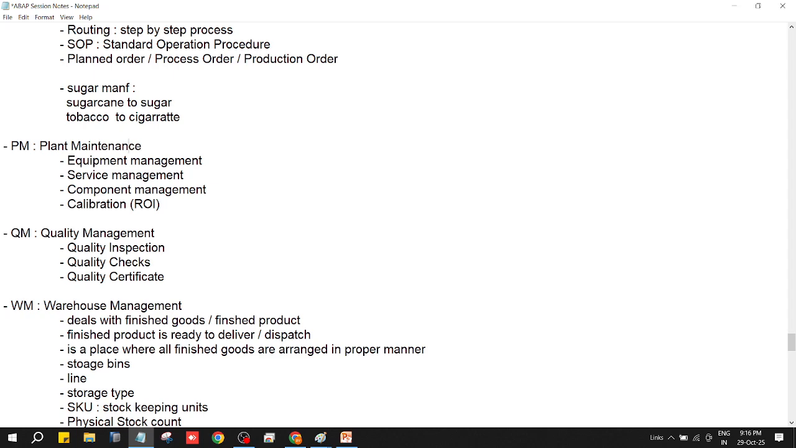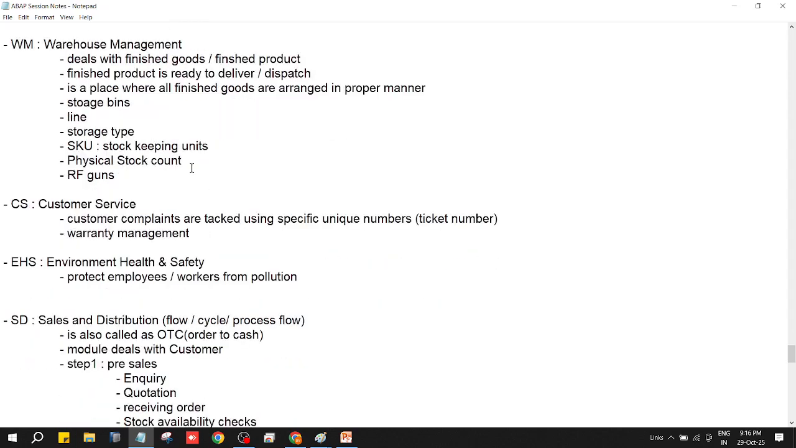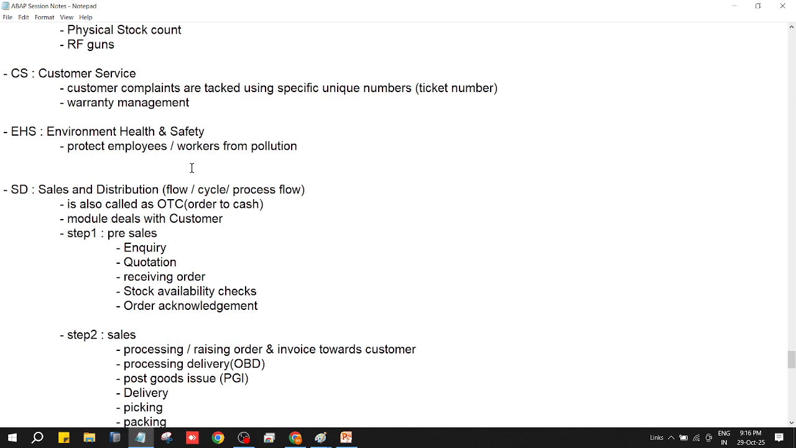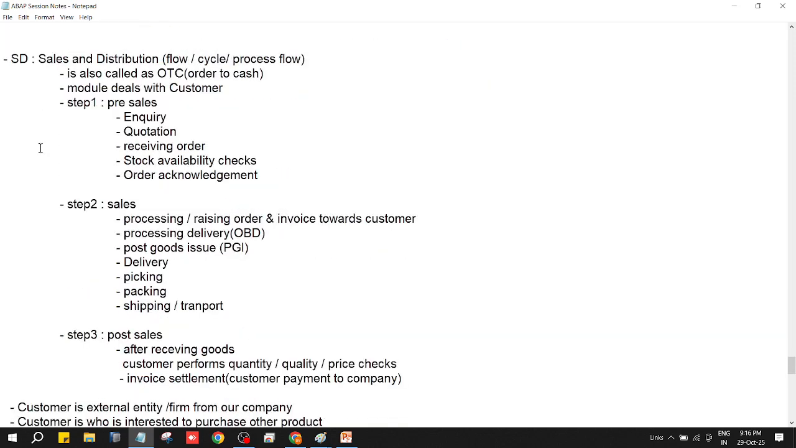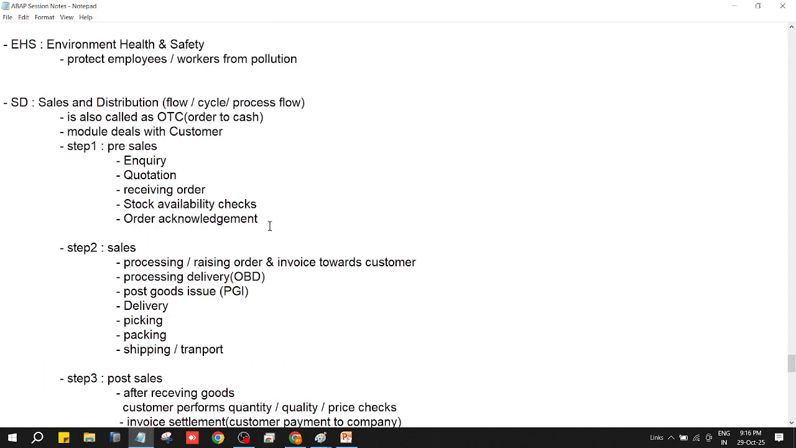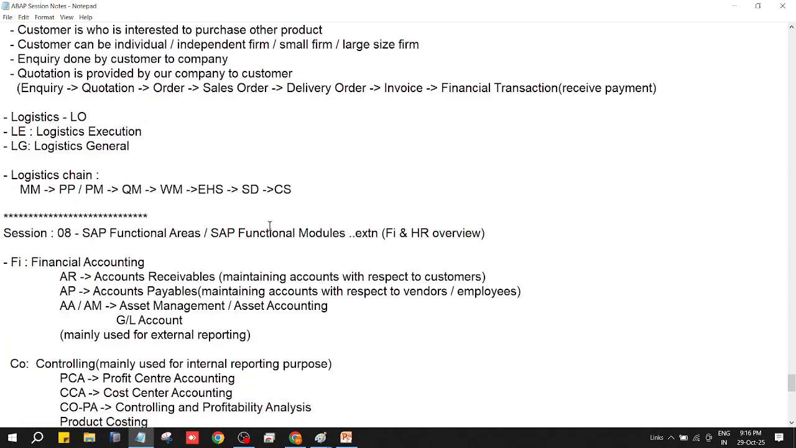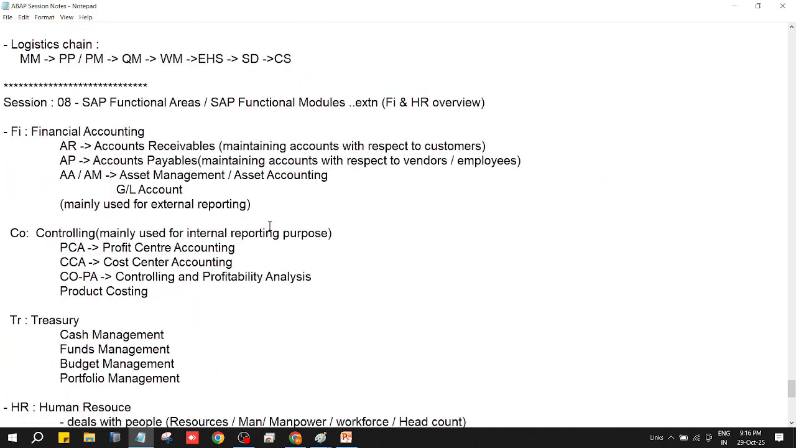This module deals with how we are going to maintain the plants and the other details. QM, WM is also covered. CS, EHS are also covered. The SD module is also explained to some extent, because whatever brief you wanted as of now, that required brief information is given as a flow or as a sequence, right? That is about your SD. So this is a logistic chain, logistics execution. Actually in SAP